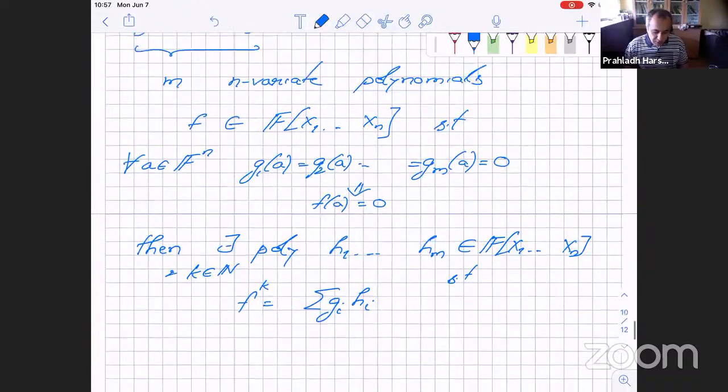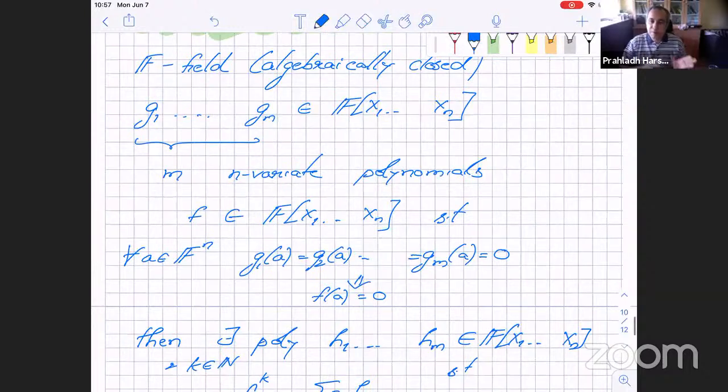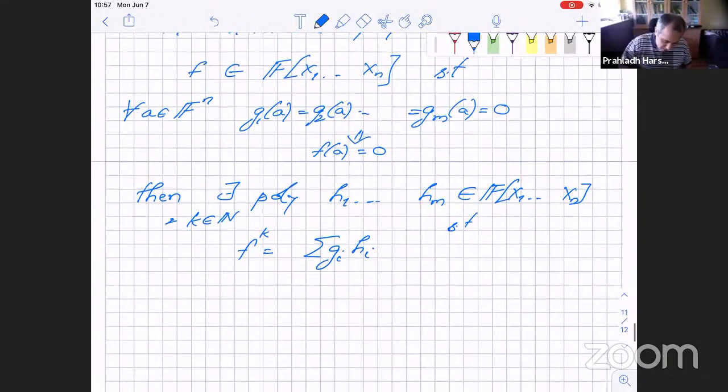Is the statement of Hilbert's Null-Ansatz clear? So if f also vanishes on the combined vanishing set of the g's, then a power of f has to be some polynomial combination of the g's. That's what Hilbert's Null-Ansatz says. This is true only in algebraically closed fields. It's not true otherwise. In non-algebraically closed fields, this need not be true. Okay. So the combinatorial Null-Ansatz,